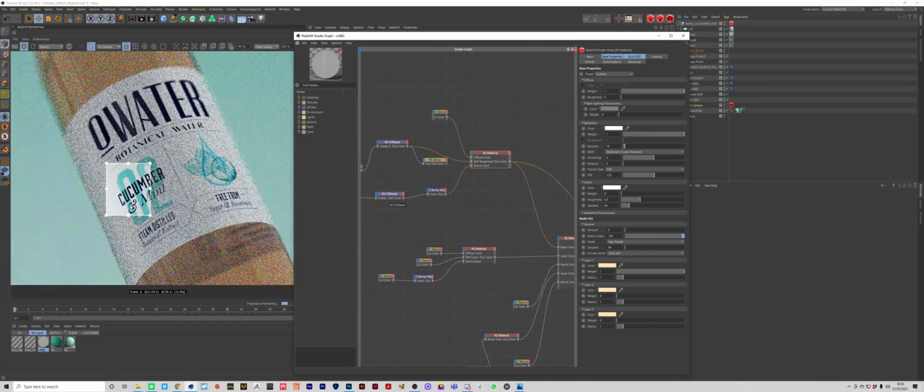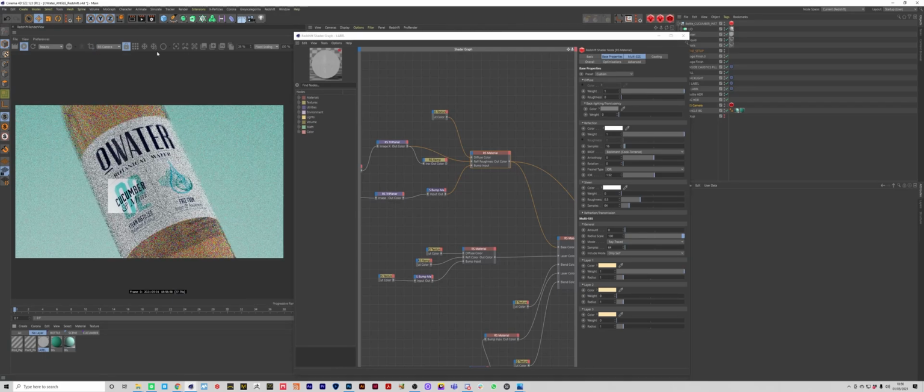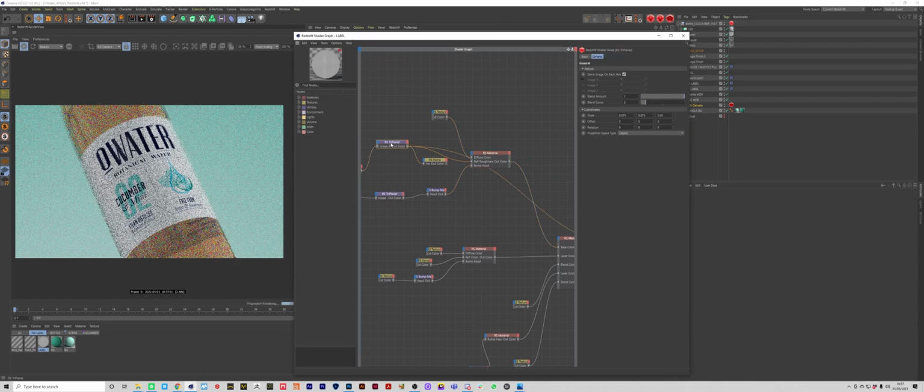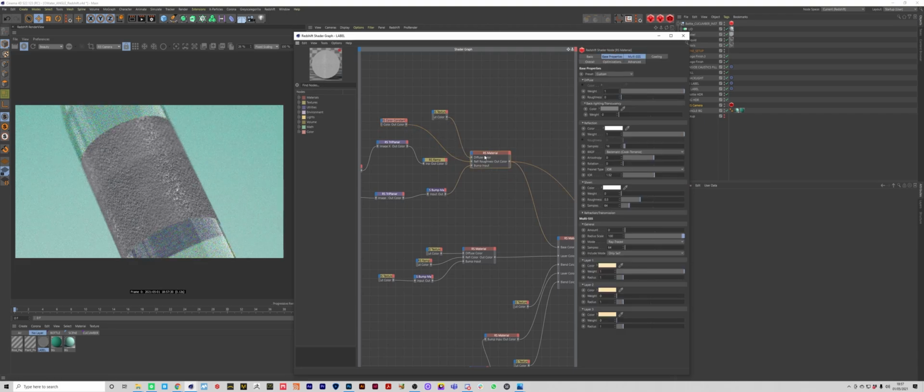So I just want to talk about how roughness works, or glossiness, when it comes to reflections and textures. If I just showcase this texture real quick, it's got quite a dark grey finish to it. And basically, if we just had a solid white color, that's going to be zero glossiness. So that's going to be a matte finish in terms of reflection. And if we had a black color, that's going to be completely glossy. So for example, if I get a color constant, set this to white, plug that into the reflection roughness, and then plug that into the surface,